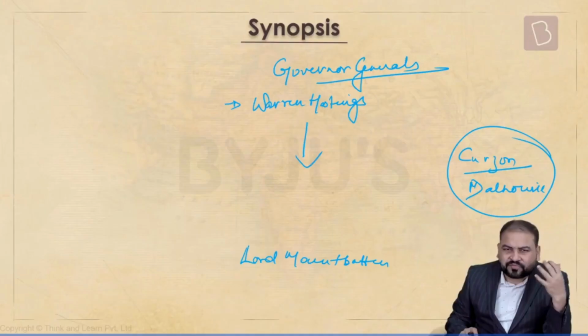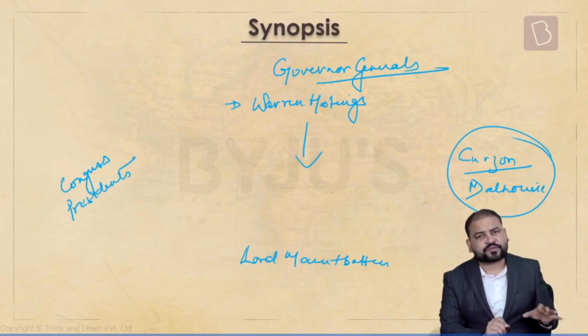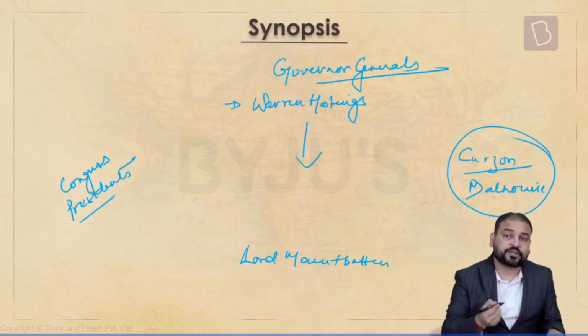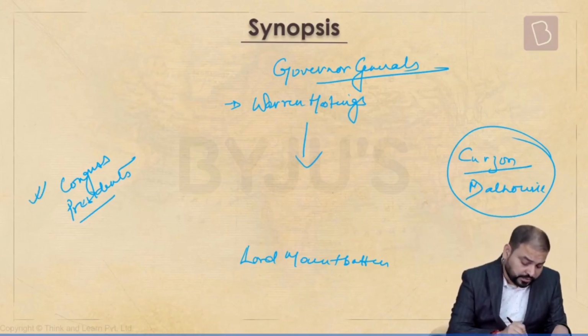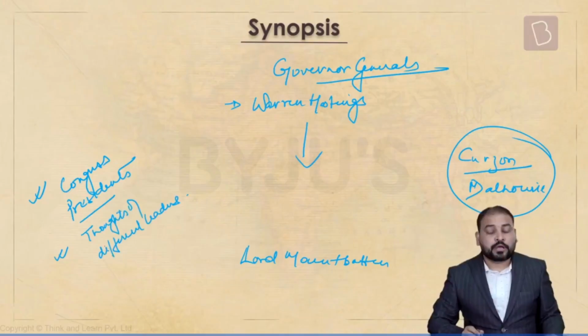Apart from this, there might be some small topics here or there that we would be covering. For example, I have done for you separately the Congress presidents. All the Congress presidents at one place, so that it becomes easier to study. Similarly, apart from the Congress presidents, we would also be seeing here the different thoughts of different leaders. Remember,